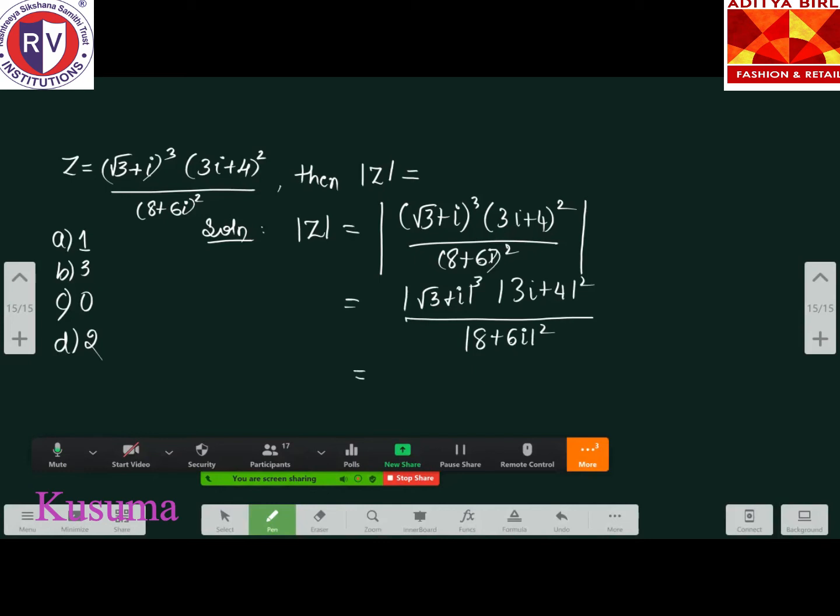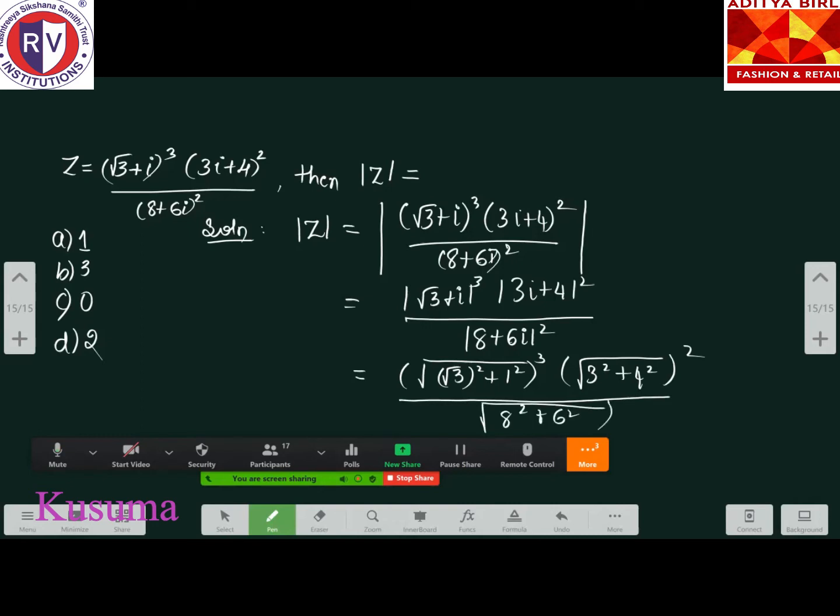Which is nothing but this will be root of root 3 whole square plus 1 square, isn't it? And this term whole cube. And here it will be root of 3 square plus 4 square, it will be whole square